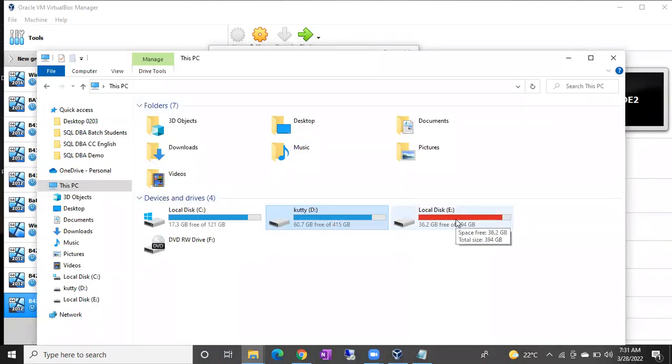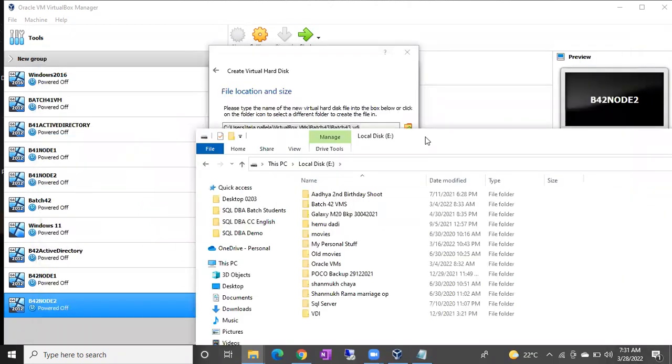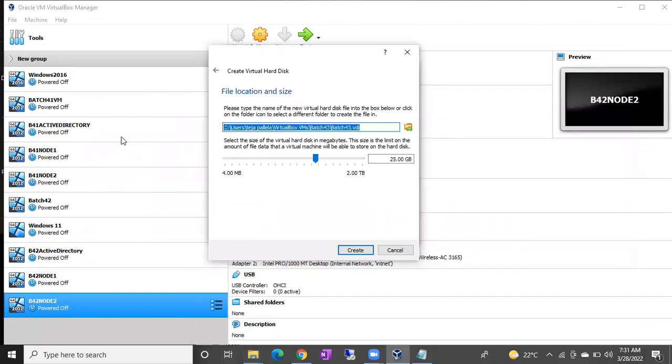So what I am going to do, I am going to delete some of my old machines, guys. Okay, B42 node 1. So let's delete some of the old machines. Okay, that's fine. So as of now, where I am going to store this, guys,